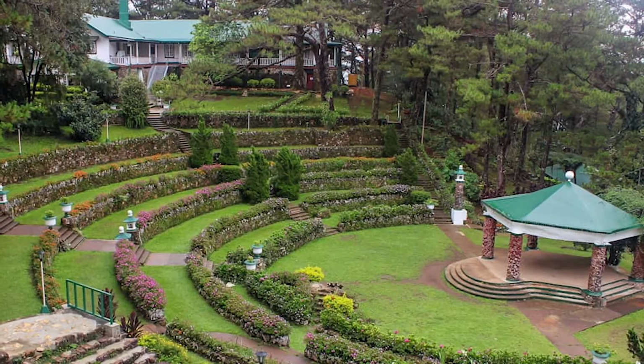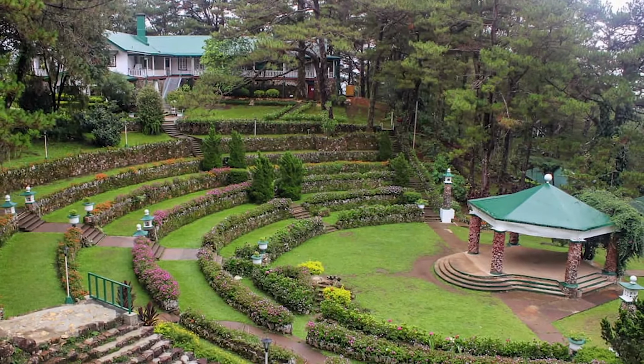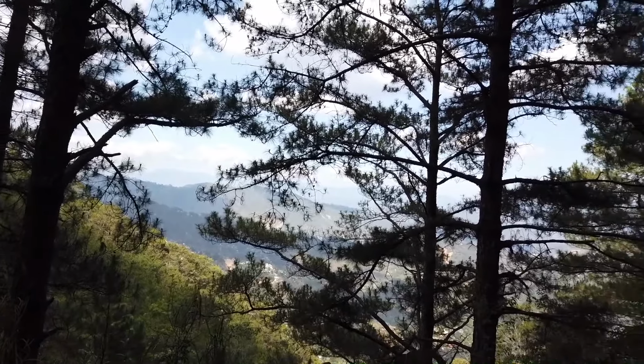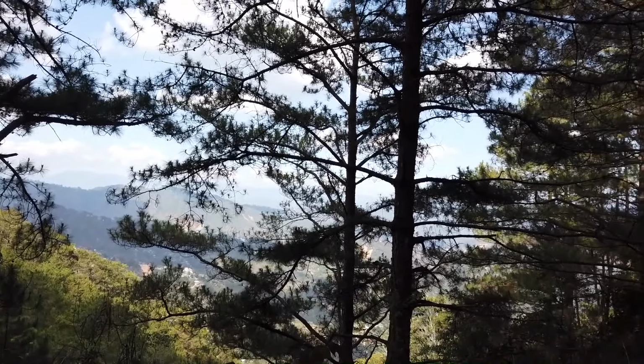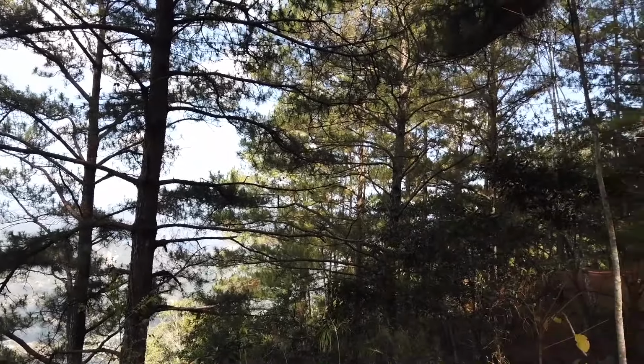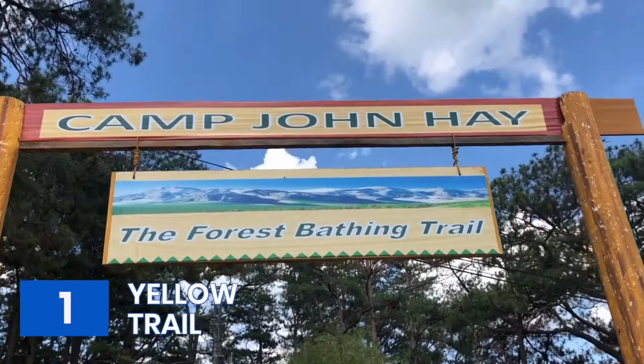At the height of World War II, it was bombed by the Japanese but fell back in the hands of the Americans in 1945. Almost 50 years later, it was turned over to the Philippine government, which transformed it into a tourist site. There's a lot to enjoy here, including the following: Yellow Trail, also known as Forest Bathing Trail,